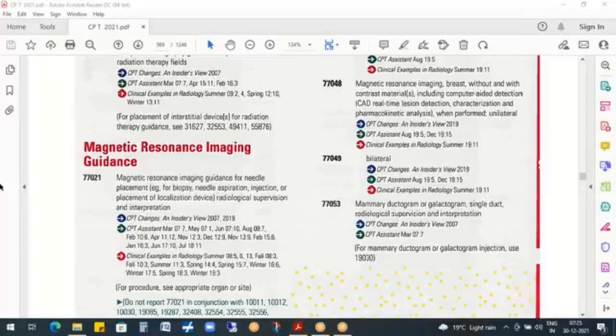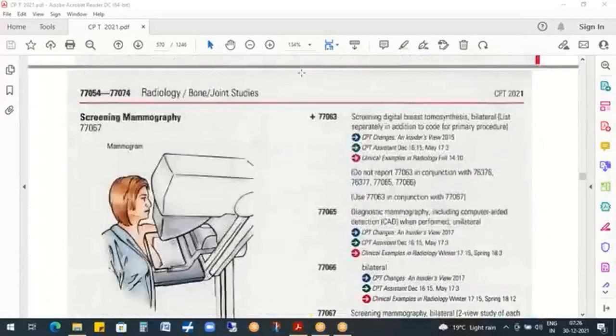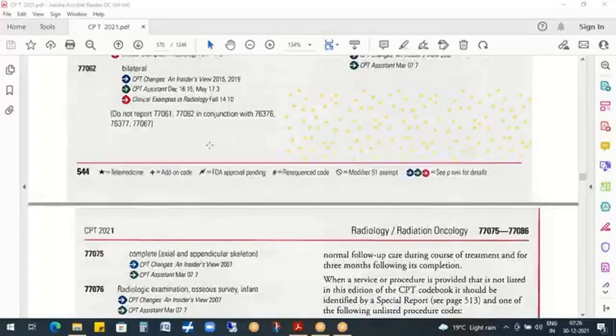Now, screening means: is there any problem the patient is having when she or he is in the hospital? No, sir, without symptoms, coming for general routine checkups. If she is having a problem and coming for checkups, can we call it diagnostic? Yes. If treatment is provided by the physician for the problem, can we call it therapeutic? Yes. Now, mammo means breast.